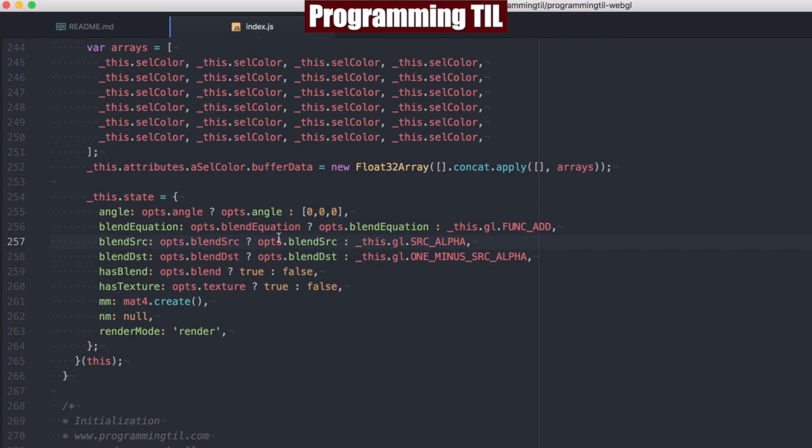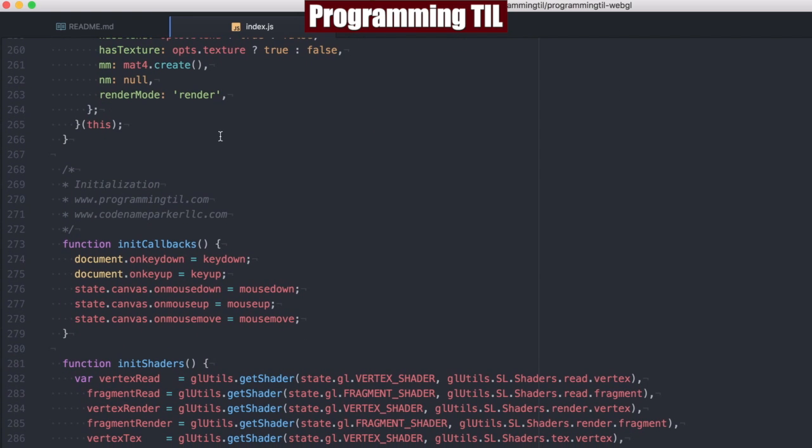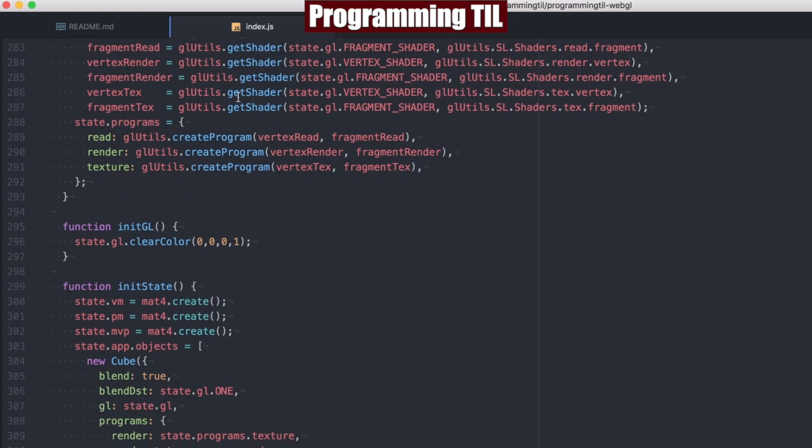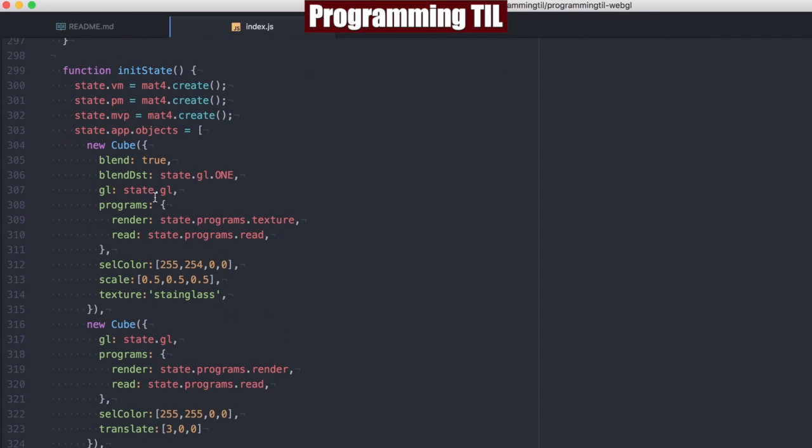We're going to expect a blend source, a blend equation, or blend destination. Otherwise, default them to the func add source alpha and 1 minus source alpha. And render mode is render by default. And you can see here we're going to have a few different cubes. We're going to go ahead and set this one to